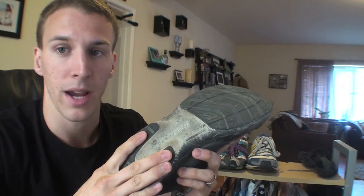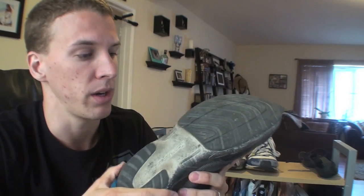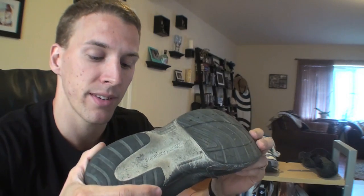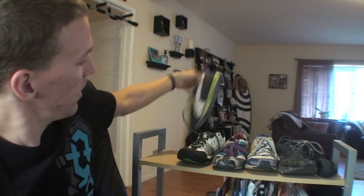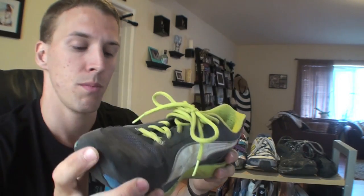But the cool part is that there's one big piece of rubber up front and one piece back here with your centerpiece. I don't know why it's separated, but in my opinion, we're going to talk a lot about the rubber, and I would suggest trying to find shoes that have one piece of rubber all the way across. The reason being, and we'll move on to the Puma Fast 500s,